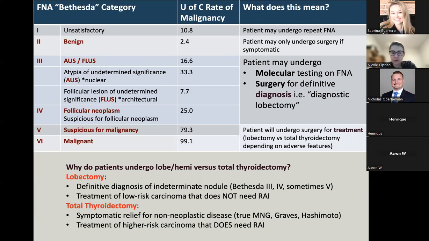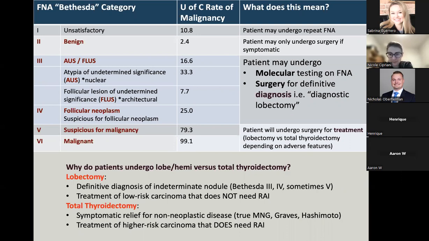Lobectomies are usually used for definitive diagnosis of these indeterminate nodules, or treatment of low risk carcinomas that do not need completion thyroidectomy, meaning they do not need radioactive iodine therapy. So the only reason to do a completion, right, for patients with thyroid cancer is to take out all residual normal thyroid such that the radioactive iodine has maximal effect, right, so that it doesn't get sunk up in the